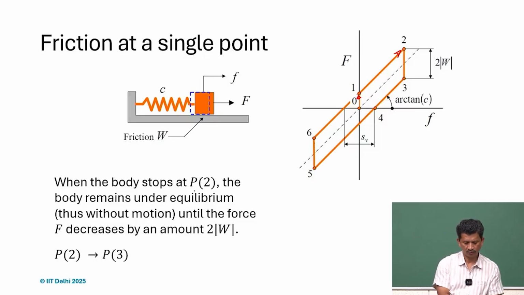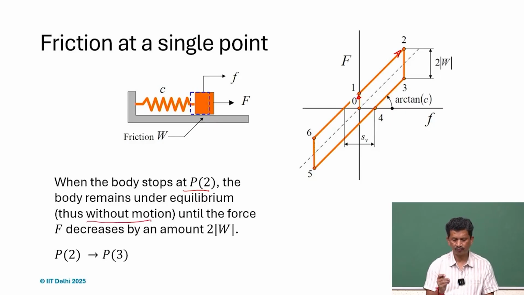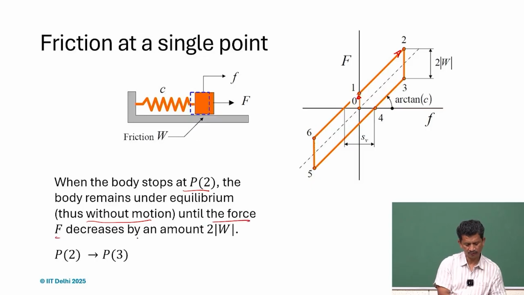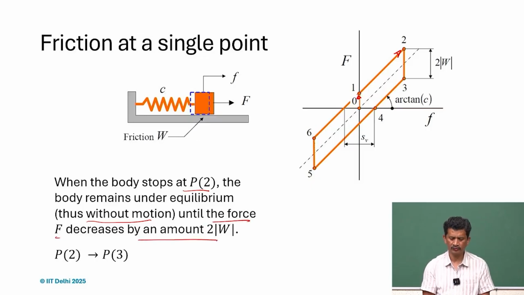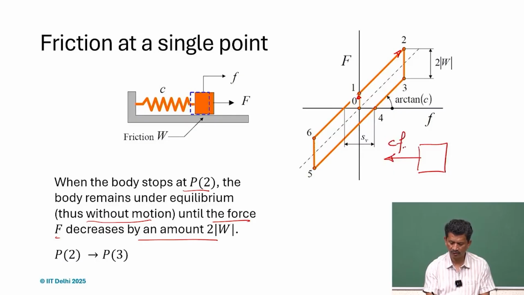The body stops at P2, so there is force applied. But at that point there is no motion, but the force is not the same. Now force has to change. Why? Because this is C and x2 we call it, whatever is the deflection,